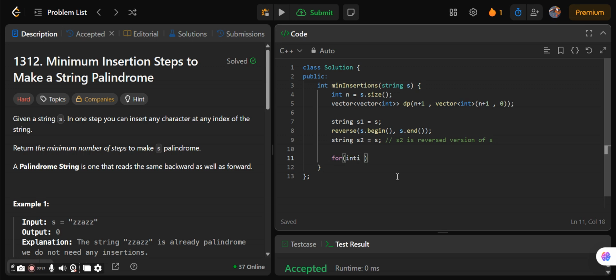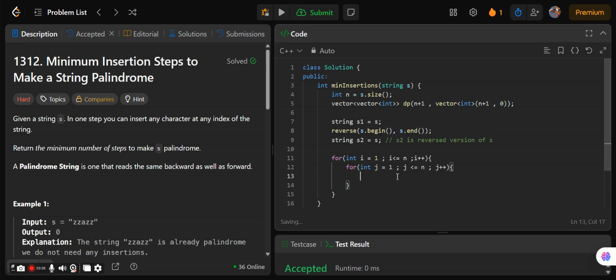So let's write for int i equal to 1, i less than equal to n, i plus plus, for int j equal to 1, j less than equal to n, j plus plus.